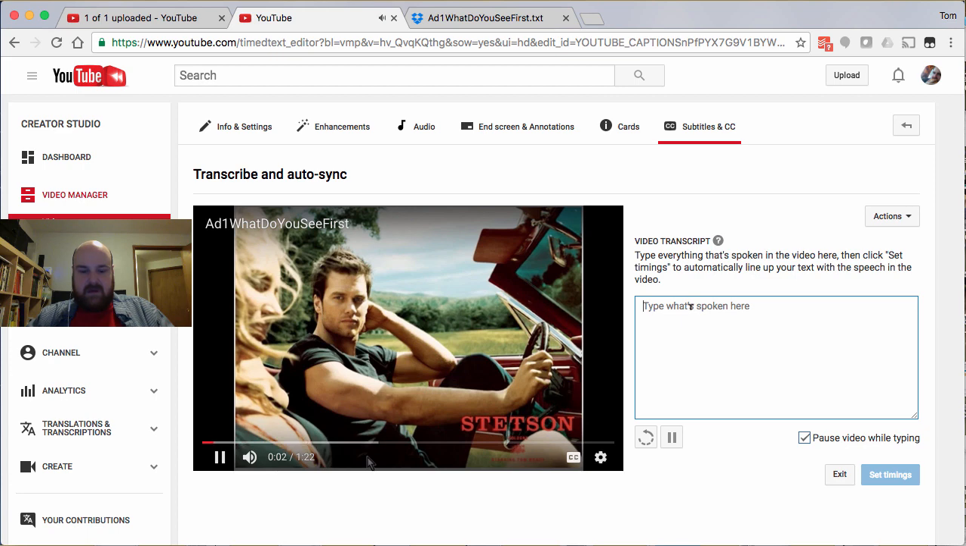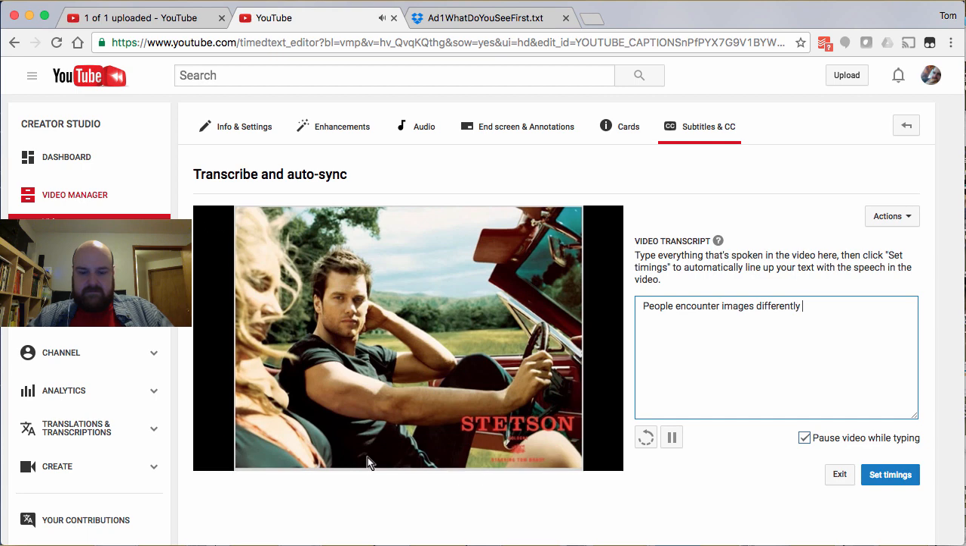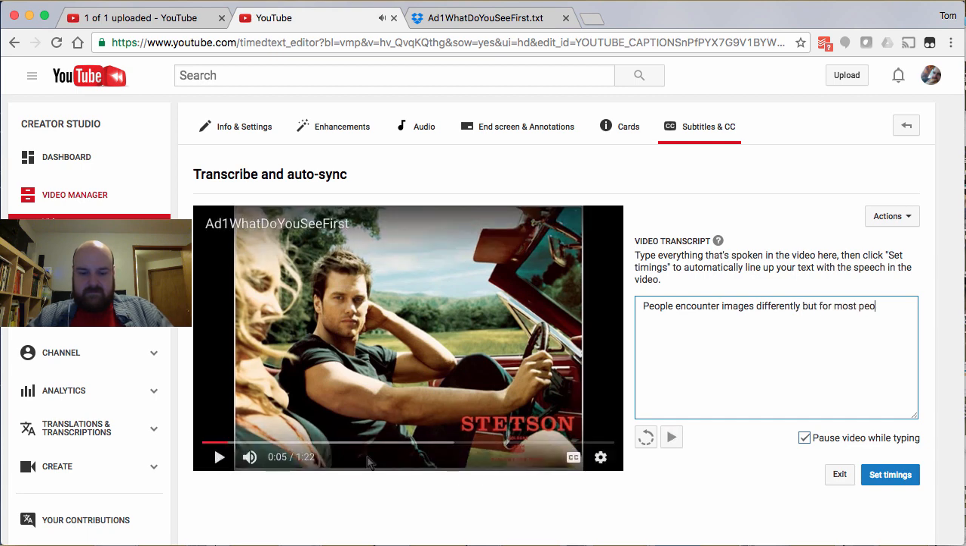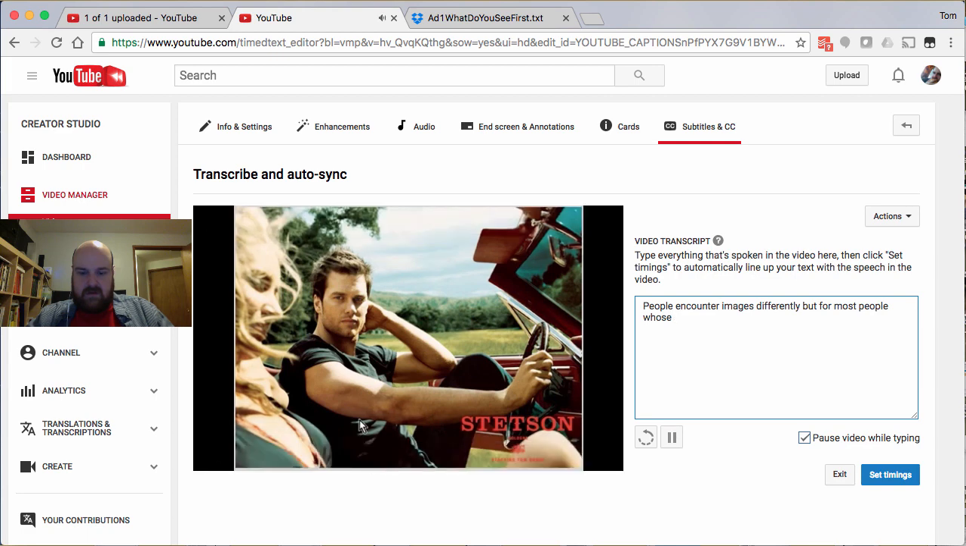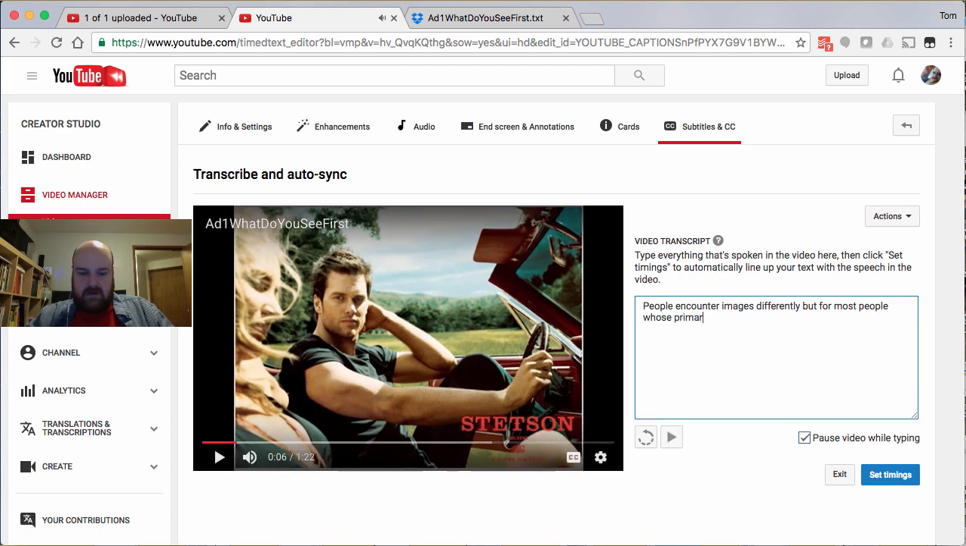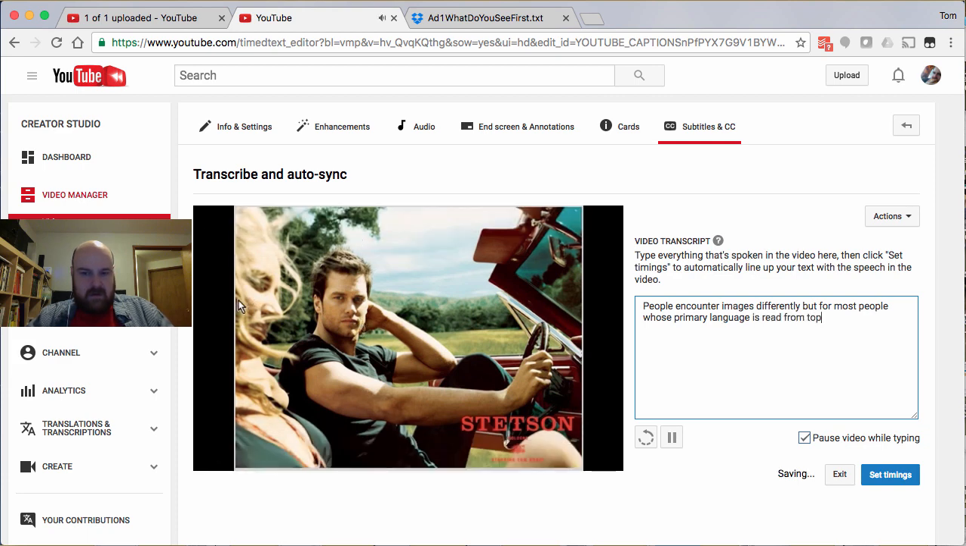People encounter images differently. Okay. But for most people whose primary language is read from top to bottom and from left to right,